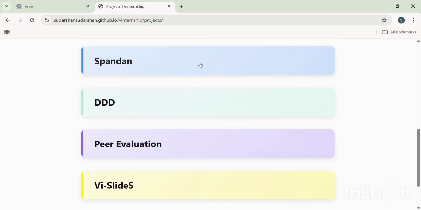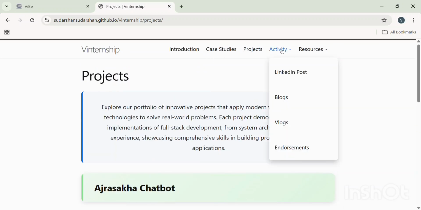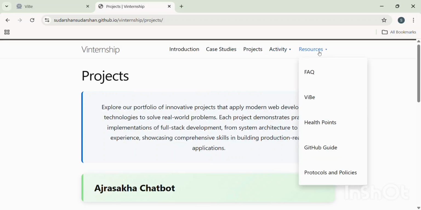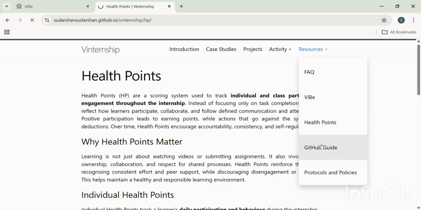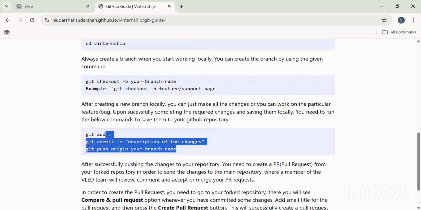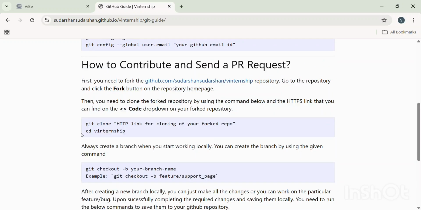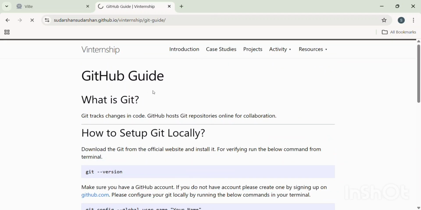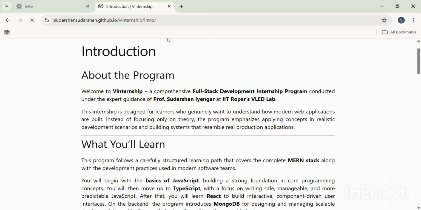There are also many projects here which are currently in working mode and in deployment, and we have activities, and we also have a GitHub guide in which we can learn how to commit, how to push to the repository, and how to create a pull request. We have a complete guide on the internship. We also have an AI assistant which will give us complete FAQ answers and guidance if we have any doubts about this internship. So overall,